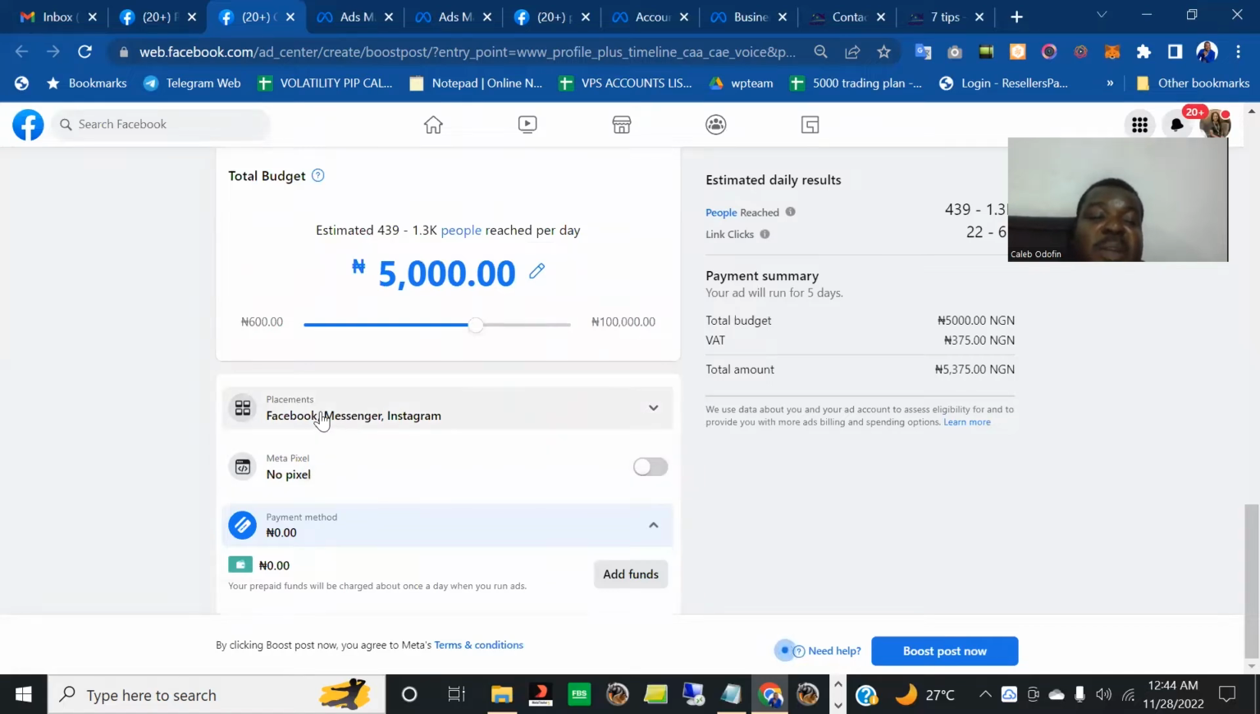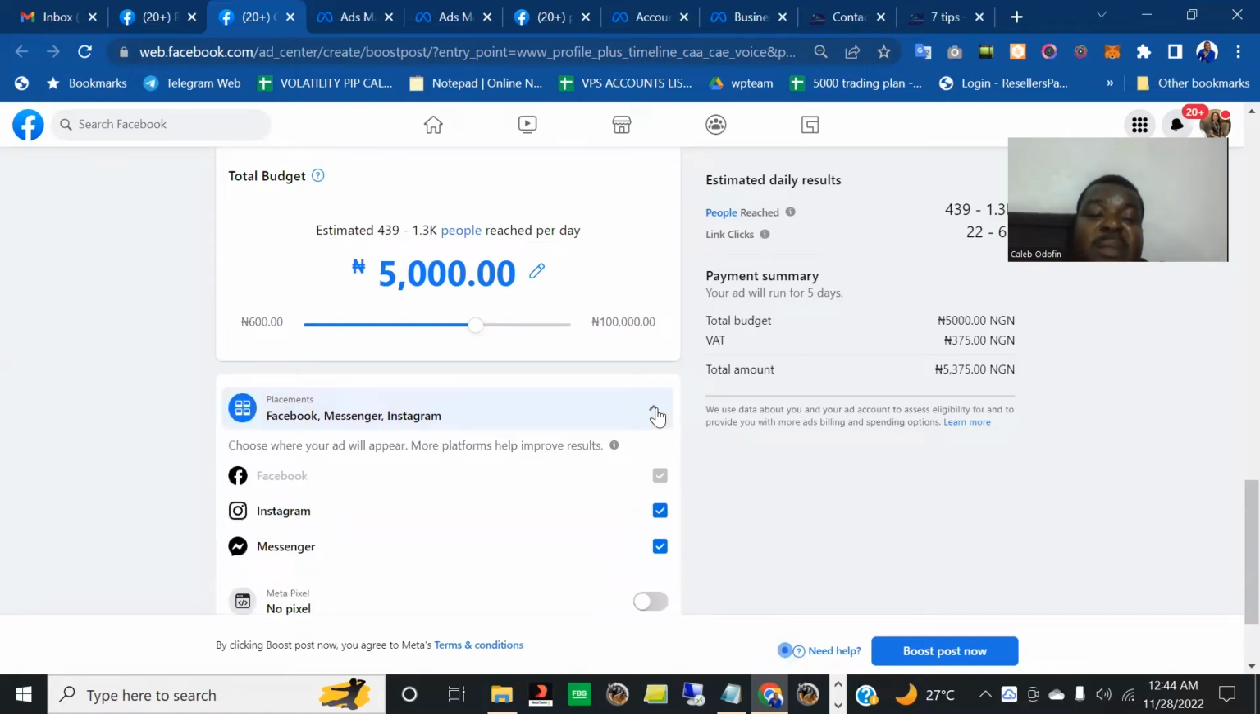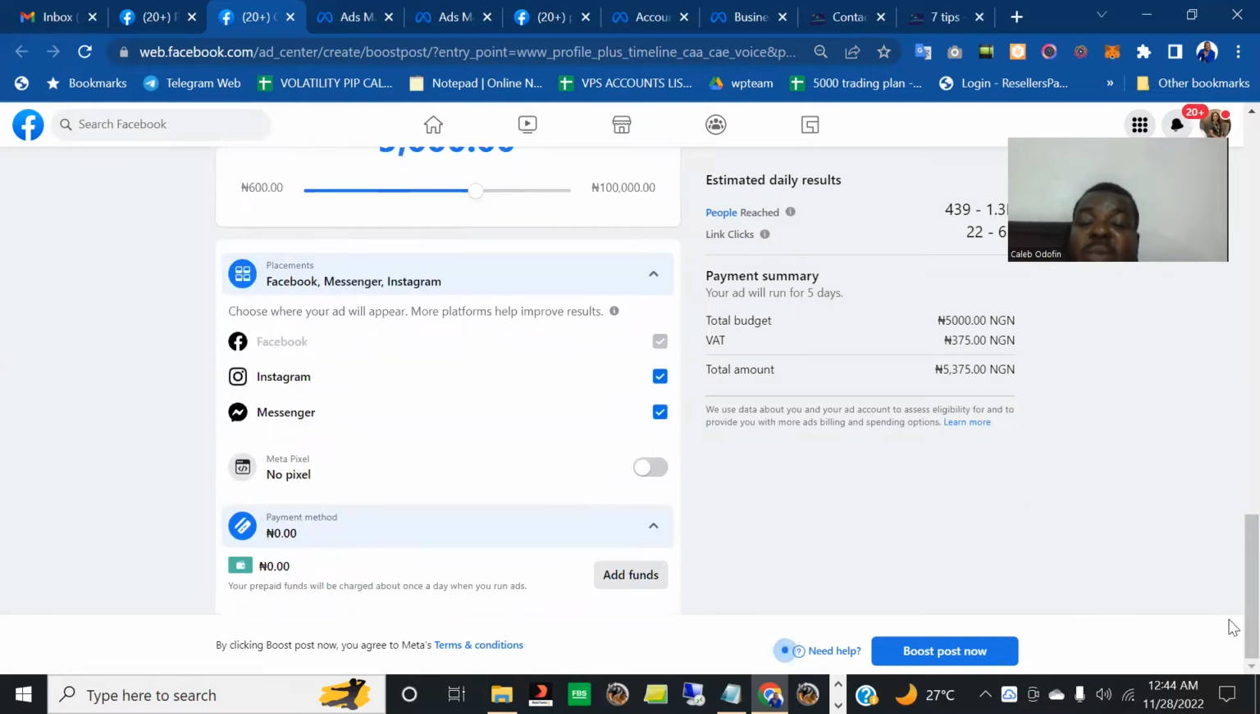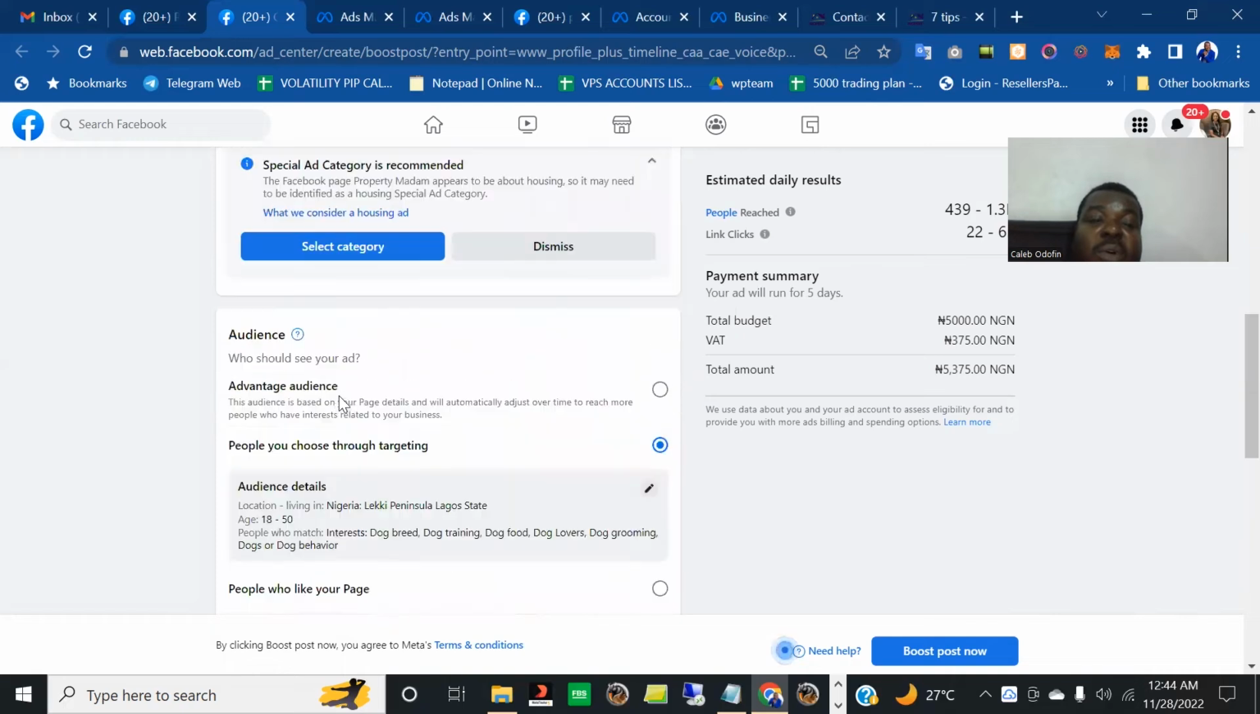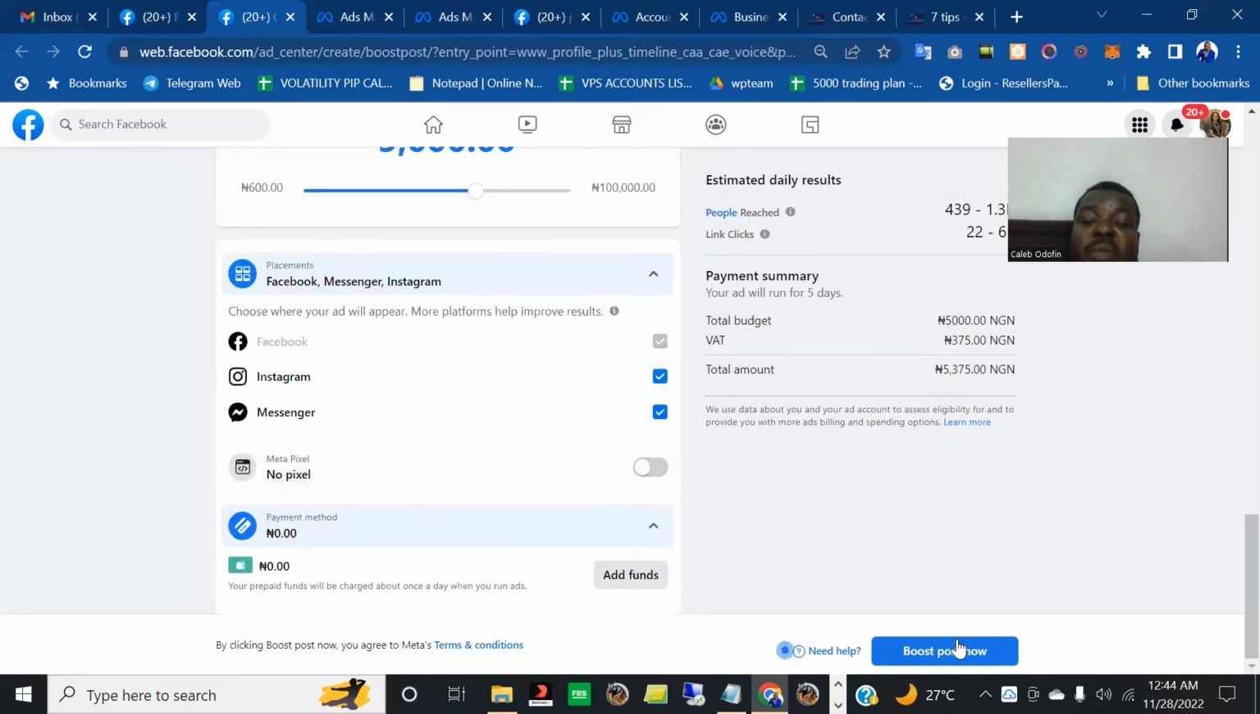Okay, and then that's the placement. Do you want this message to only show up on Facebook alone? Or do I want them to show it also on Messenger and Instagram? Definitely I want it on Messenger and Instagram. So I must choose this, which means I have actually set up my Instagram handle on my Facebook page for this to show, as well as Messenger. All right, so once you are good with your audience and you are ready to pay, you click on boost